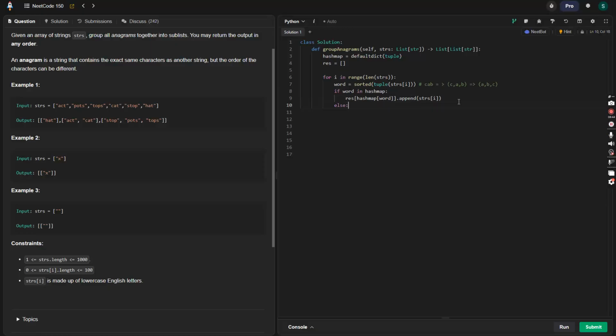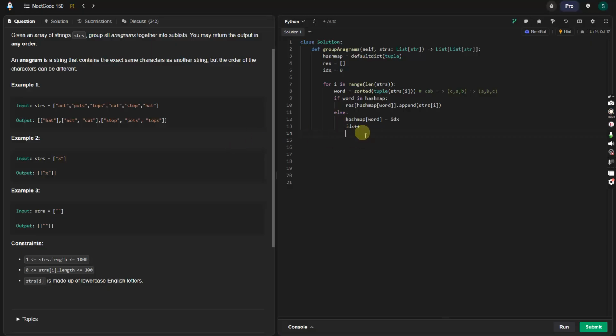So we're going to do else. If word is not in the hash map, we want to append it. So we want to say hash map at word equals. So we want to actually keep a counter here to see how long it is. So we're going to say equals idx. So now we say it's at index 0 now because it's the first word, and we're going to increment it, because the next iteration it'll use 1, and here we increment it,